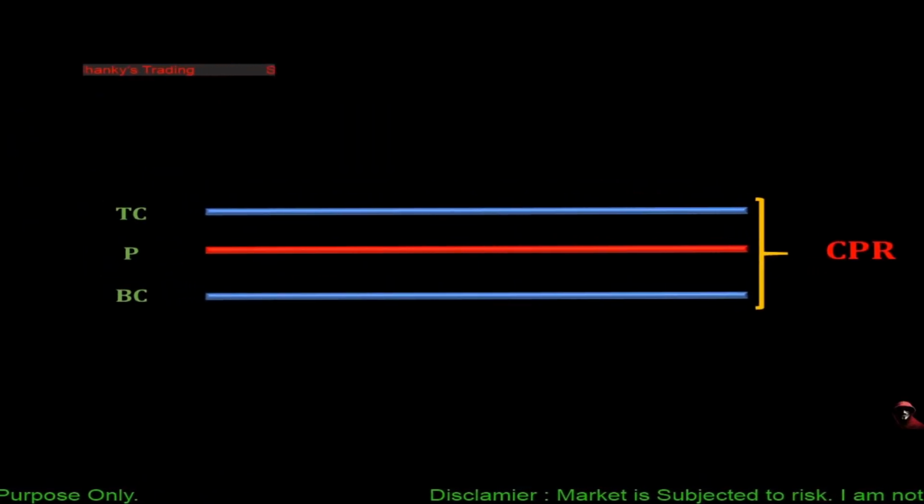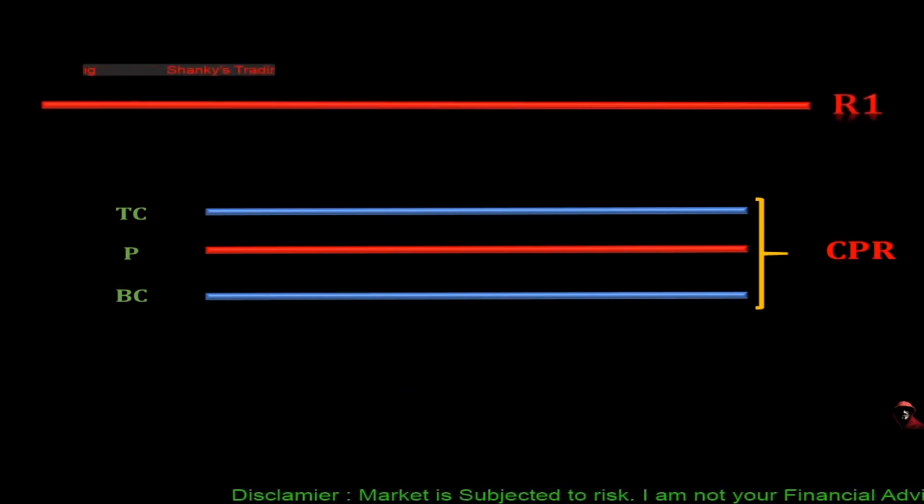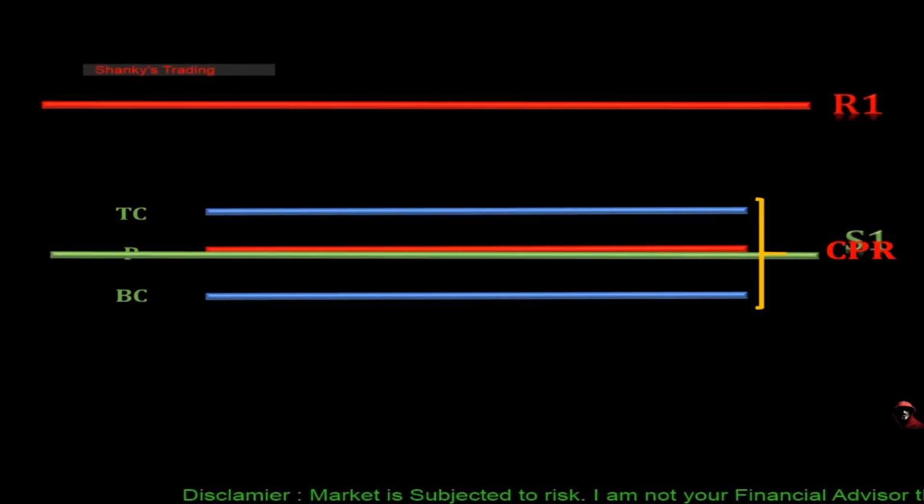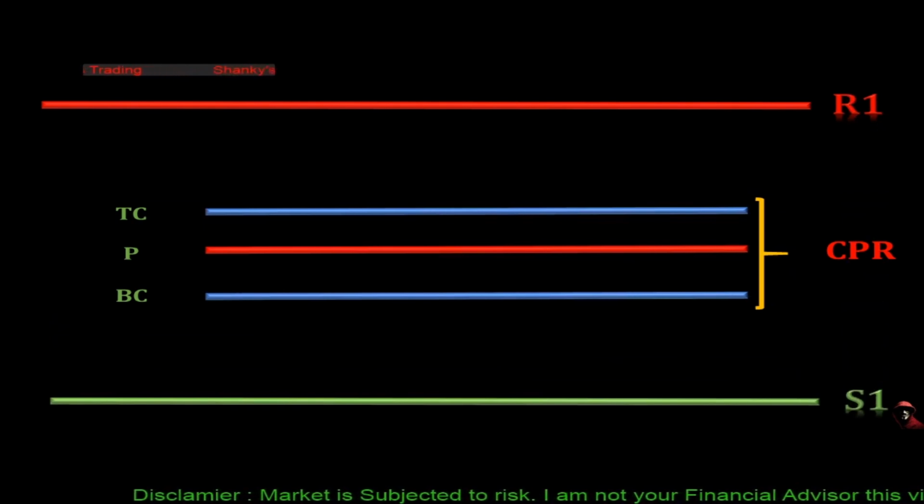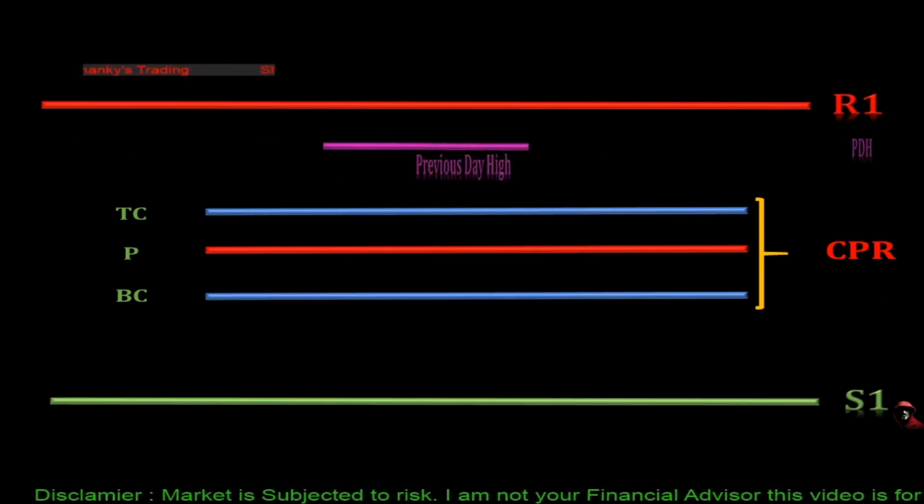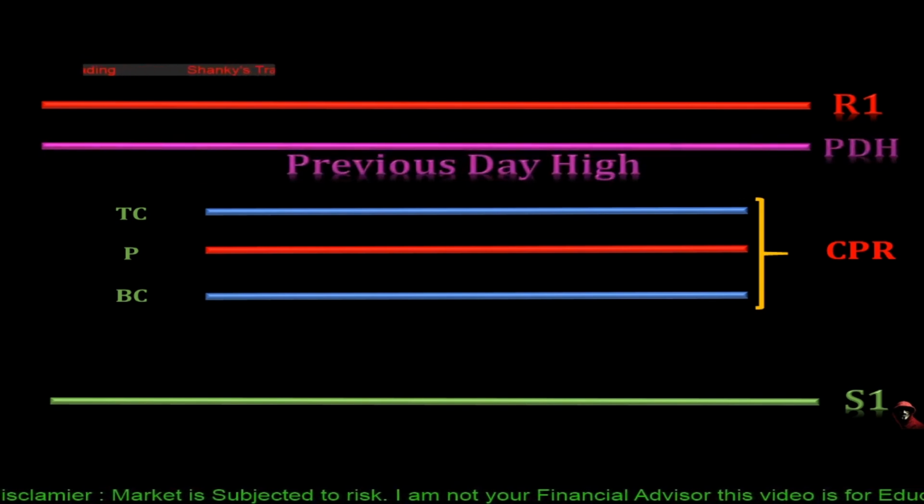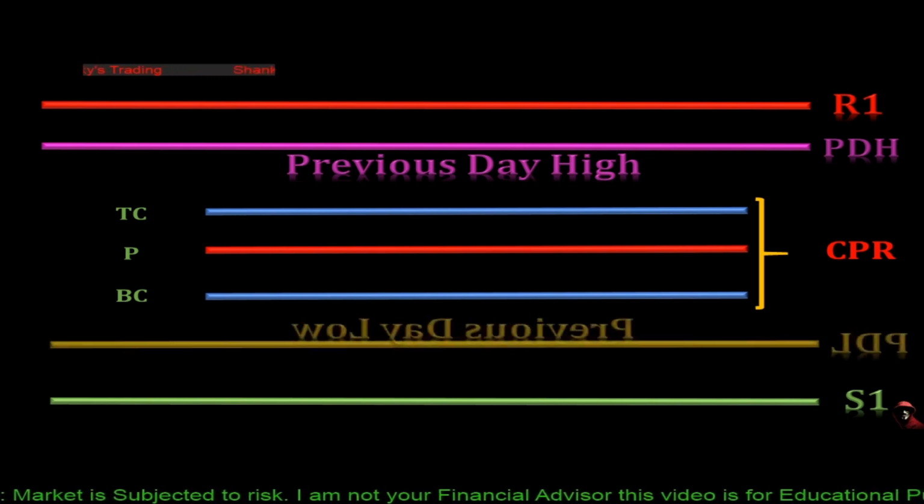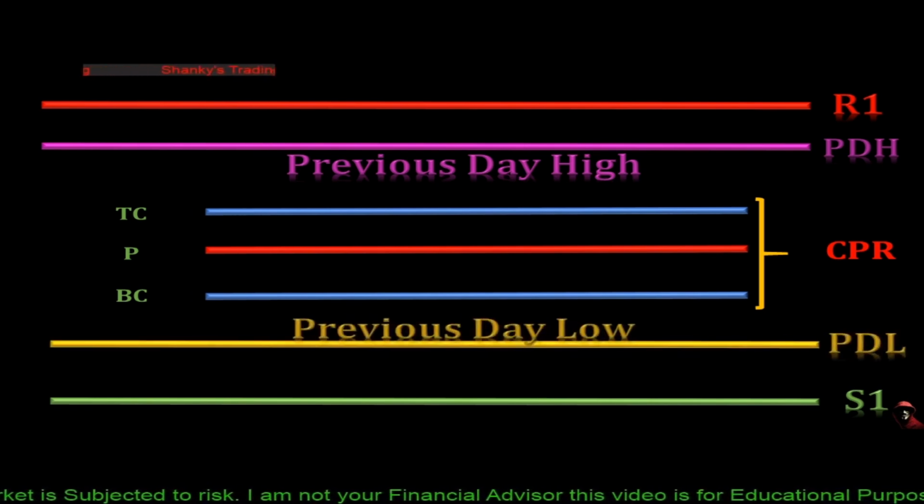So the basics in a scenario, everybody knows what is CPR, what is TC, what is BC, and what is P. Then our R1, our support, S1. So this is our previous day high line. I think everybody knows previous day high line and previous day low line. When you open up a chart, you can see that black line below the R1,